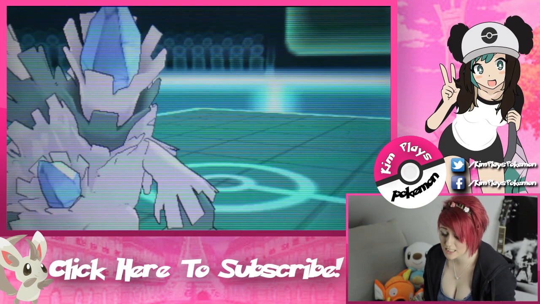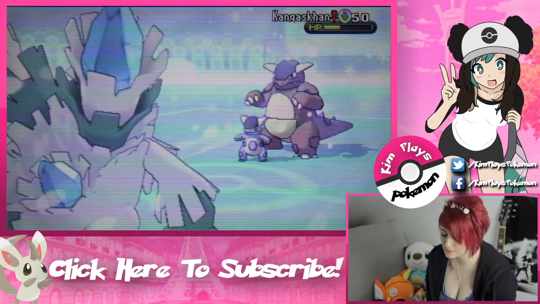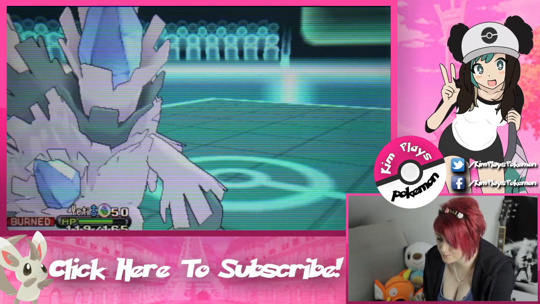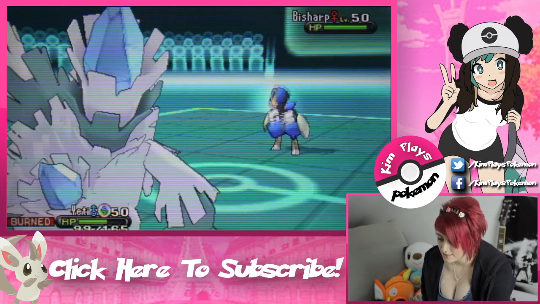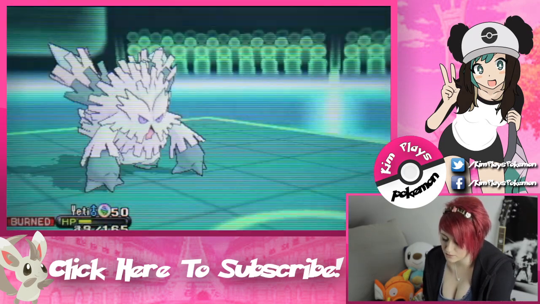So I decided to take a chance and I went with Blizzard, and that worked out really good for me because he switched into Kangaskhan, and that was knocked out in one hit by Blizzard. So I'm pretty glad that I did think about that and didn't just go straight for the Giga Drain. And the Bisharp comes back in, and I didn't think he was going to kill me with a Sucker Punch,